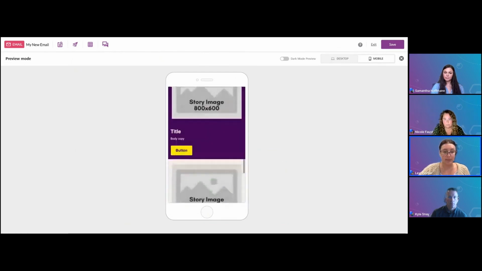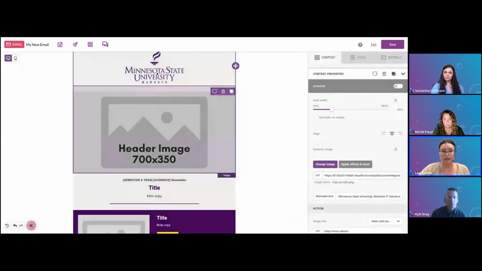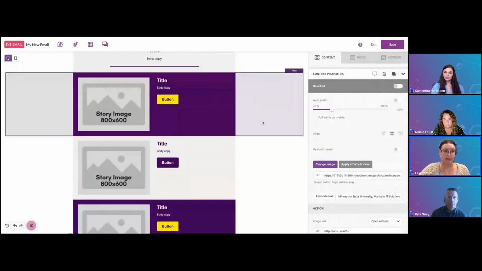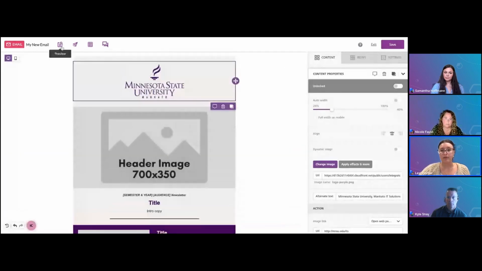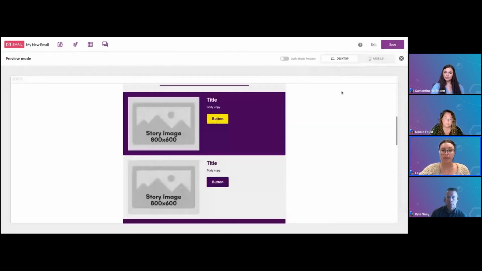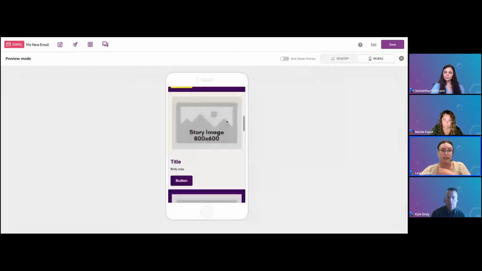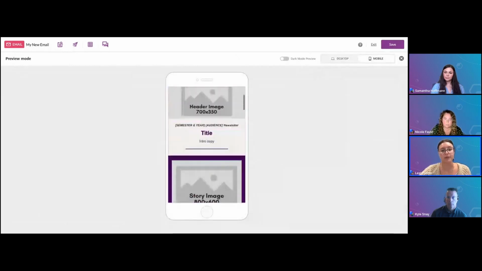And so if you're not happy with how this looks, you can easily just go back into your design, play around with it, maybe squeeze in or add some padding here and there, whatever you need, go back to your preview, and then it will automatically update and show you what that'll look like in mobile. So I find that super useful as well.